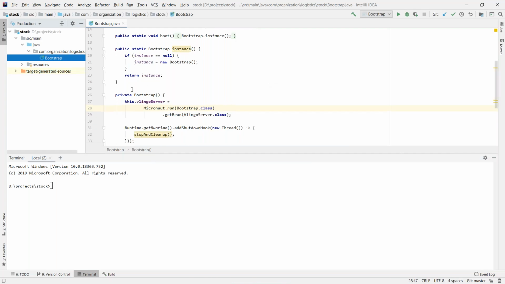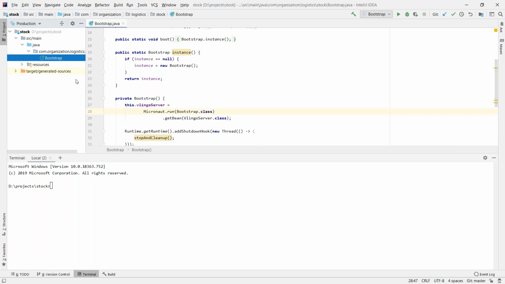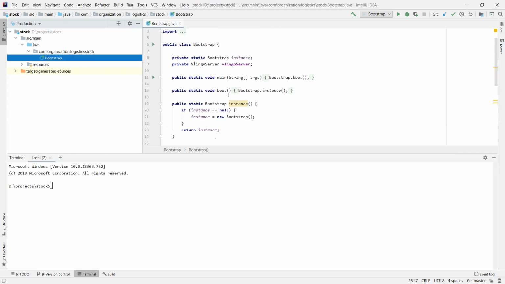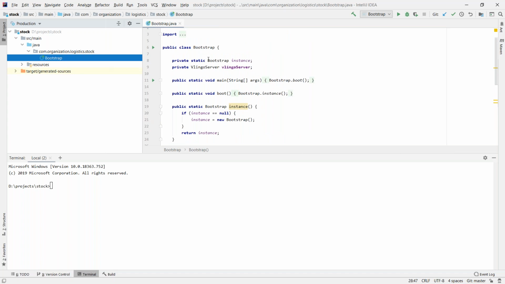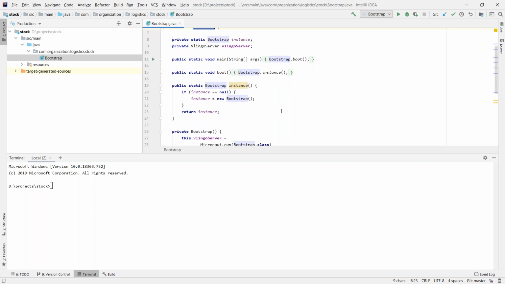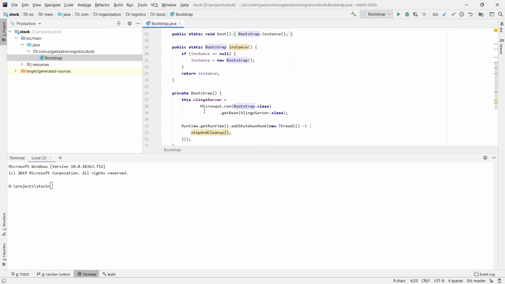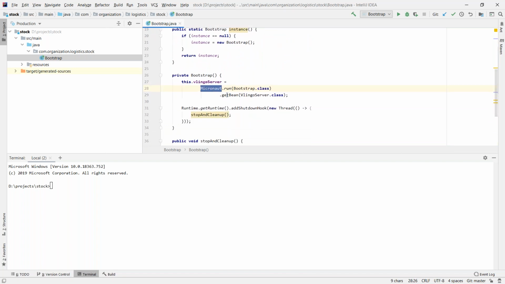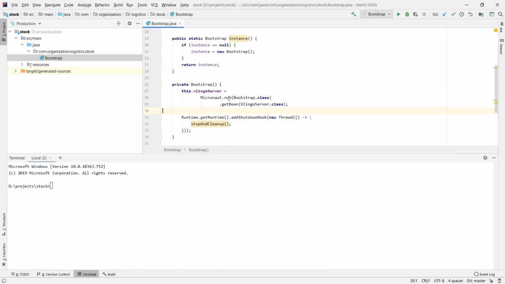So here is our new vlingo zoom project. vlingo zoom starter generated some default classes here. We have the bootstrap class that is responsible to initialize our server. And an interesting thing is that our vlingo zoom current version is powered by Microservices. That's a very nice microframework. It has a very fast startup time, as Vaughn mentioned, and we have